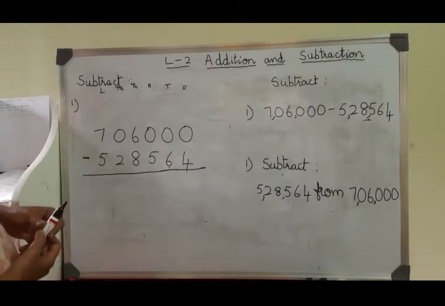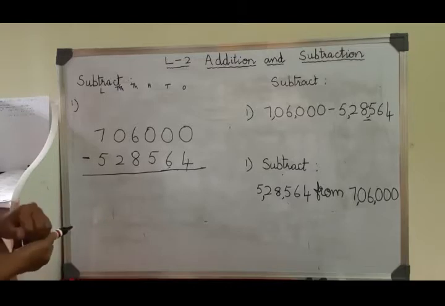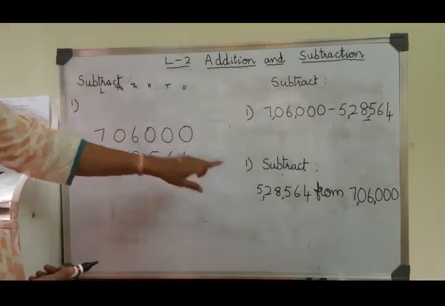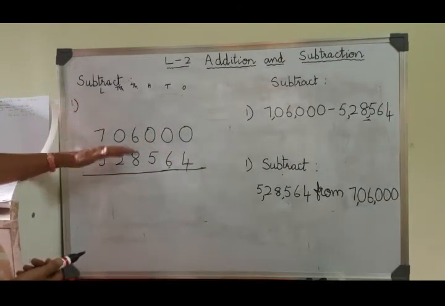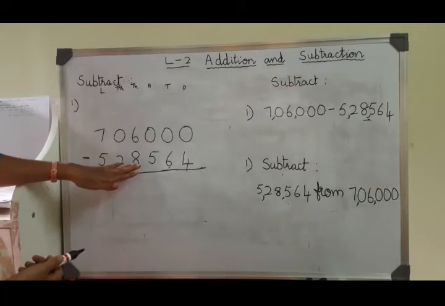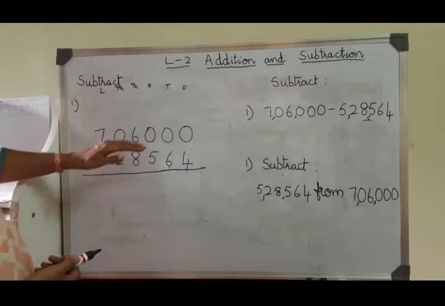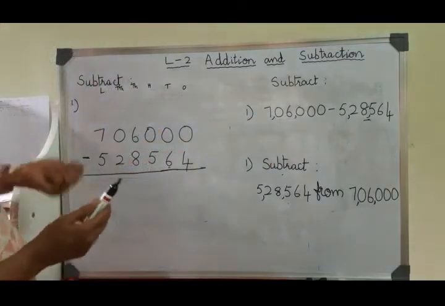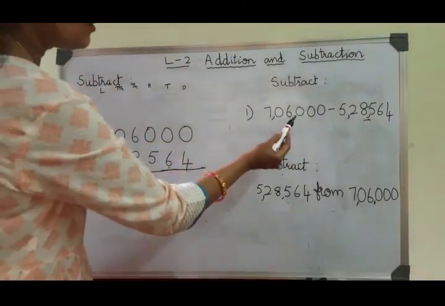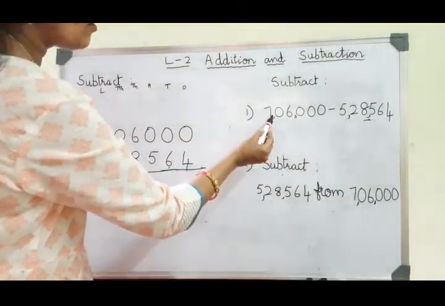While adding the numbers, you have written the given numbers according to the place values. The same rule applies here also. Here, the same question is written in 3 ways. First method, the numbers are written vertically according to the place values. There is no confusion. Now, in the second method, the numbers are written horizontally. When the numbers are written without commas, you have to insert the commas first.